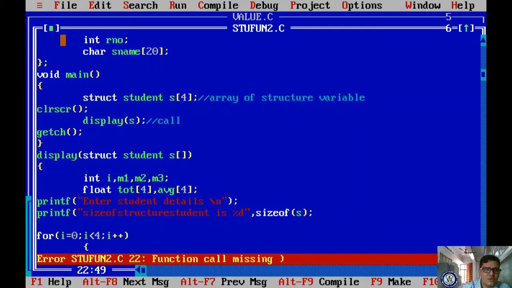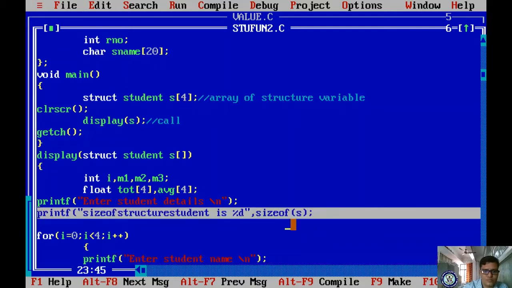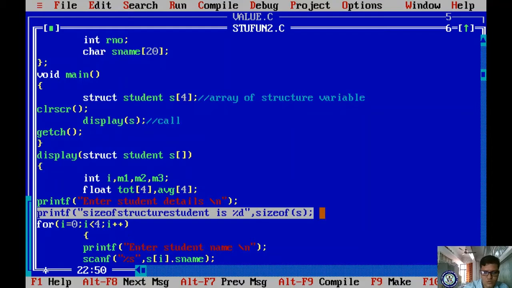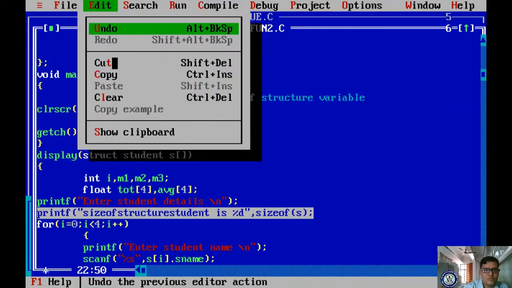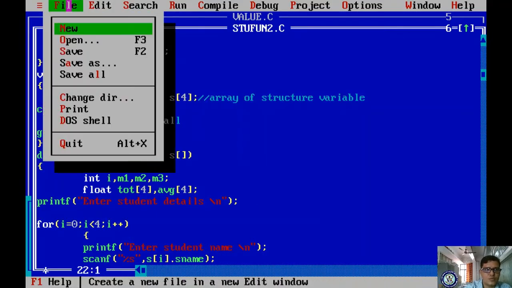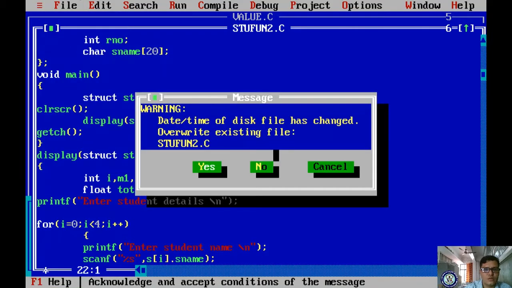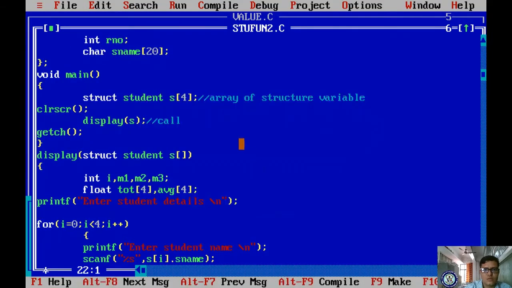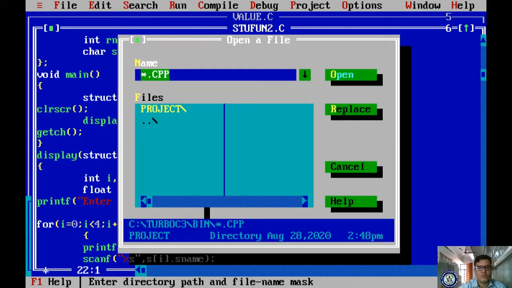Okay, let me take a simple program. We will remove this program. First, let us check for the first simple program. I am opening stufun1.c.